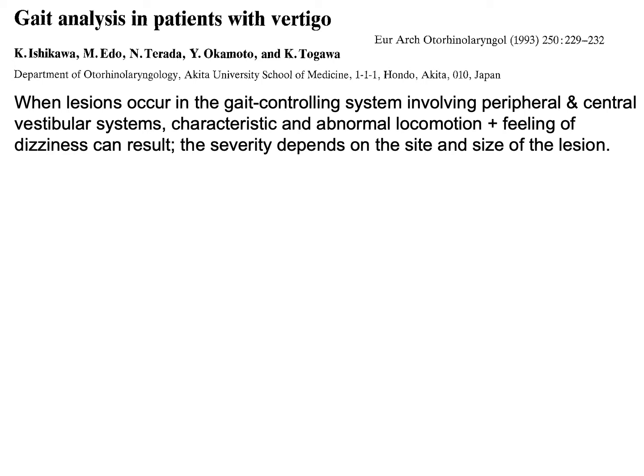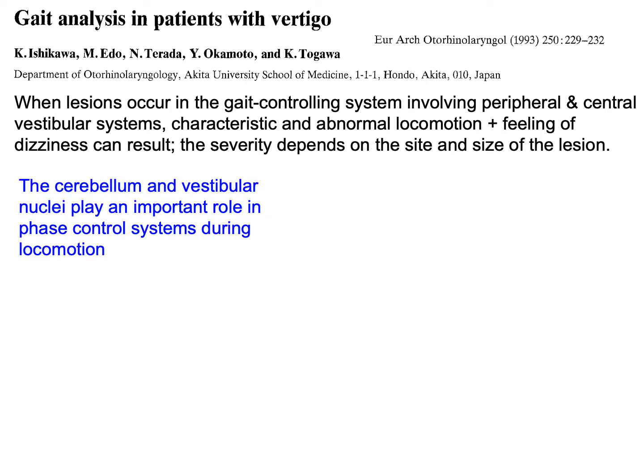So we know that when lesions occur within the brain, the gait controlling system involving peripheral and central vestibular systems is affected. Oftentimes this can result in abnormal locomotion and this feeling of dizziness. And the severity depends on the site and the size of a lesion within the brain itself. We also know that the cerebellum, the coordinating area of the central nervous system, and the vestibular nuclei both play an important role in different phases of the gait cycle